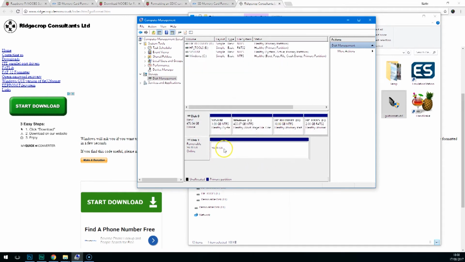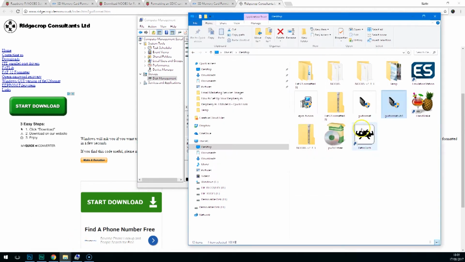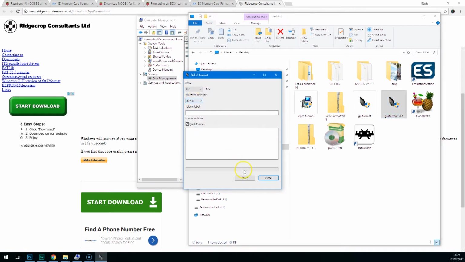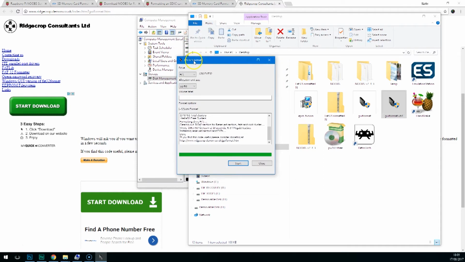So we've now got a new F drive from that. Go back to GUI format, and we should now be able to do it. There you go. So if you've got any problems formatting any 64 gigabyte card or higher using FAT32 format application,